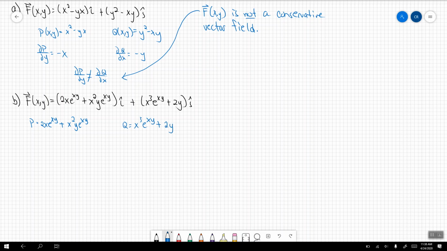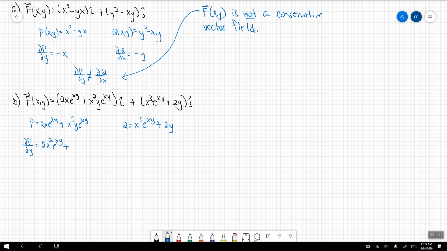Nice. So I want to find the partial derivative of P with respect to y. I'm going to go through my first piece here, taking it with respect to y. So this is now going to be 2x squared e to the power of xy. And then for the second piece here,